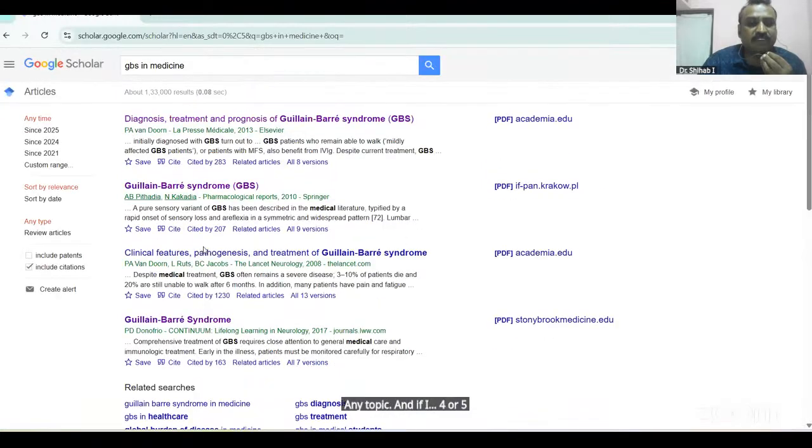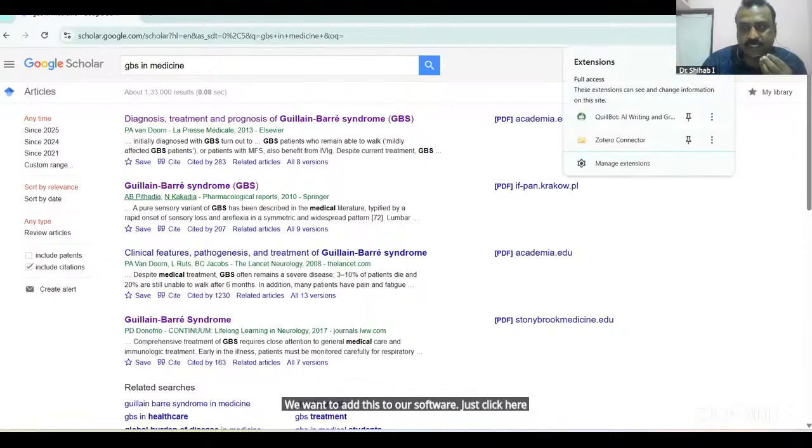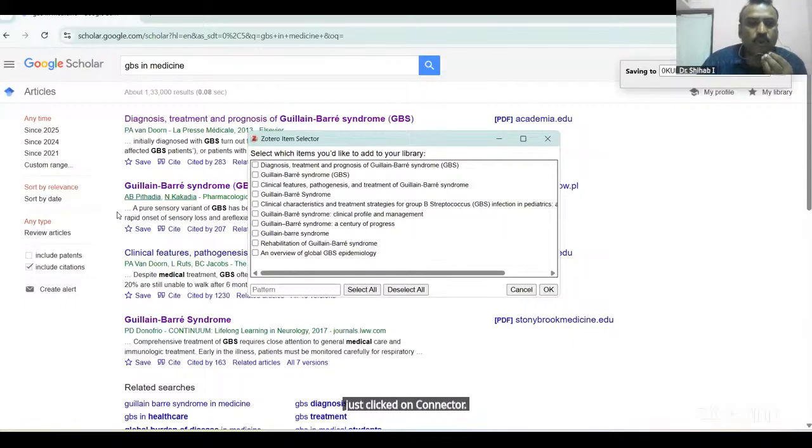articles which are relevant to us. We want to add these to our Zotero. Just click here, the extension button is there. Just click on the connector. It will show all the articles on the Google Scholar web page. If you want to select 2 or 3 articles, a select all option is also there. You selected